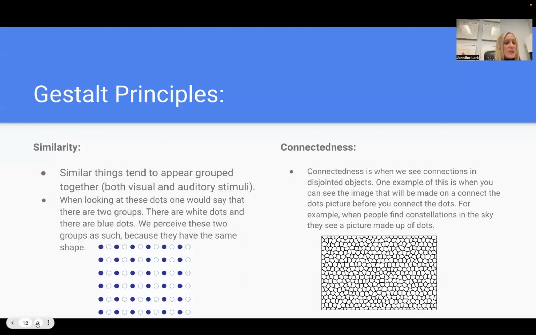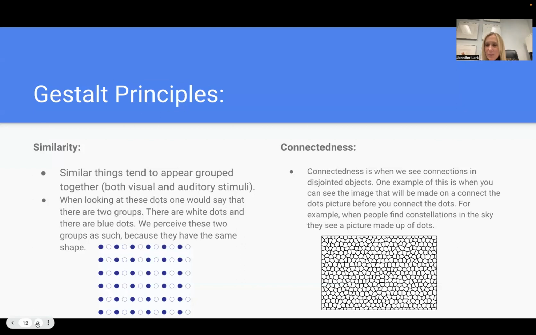In real life, let's use the example of a performance at halftime at the football game. I know lots of you love to go to the school football games. Similarity could be the band members in their band uniforms create a sense of similarity. So it's really easy for you to tell they're in the band. They look the same, right? That's the idea.